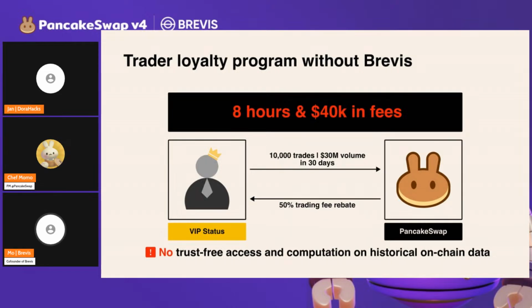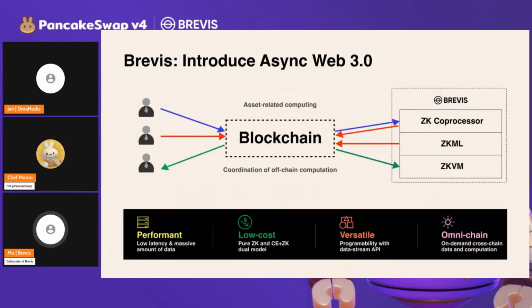Just as an example, on any kind of DEX stack here, it takes about 8 hours and 40K in transaction fees to calculate just the trading volume of a single trader with about 1,000 trades. It's insanely expensive. So what we're trying to do together with PancakeSwap is to introduce a modular DeFi stack,